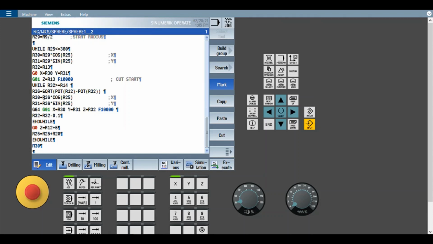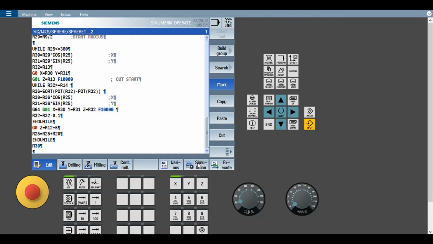So once one line is finished, it will close this loop and then go back to this. Then angle increment will be given. Angle increment is given here, R25 equal to R25 plus R20. Then the same cycle is repeated.